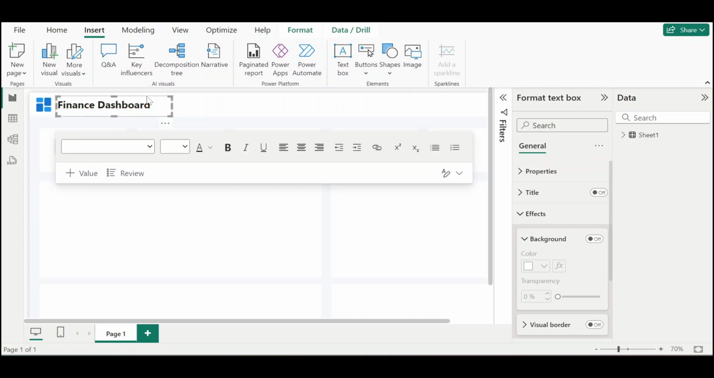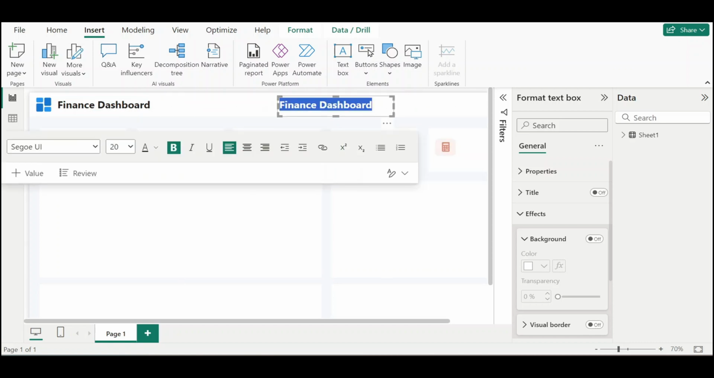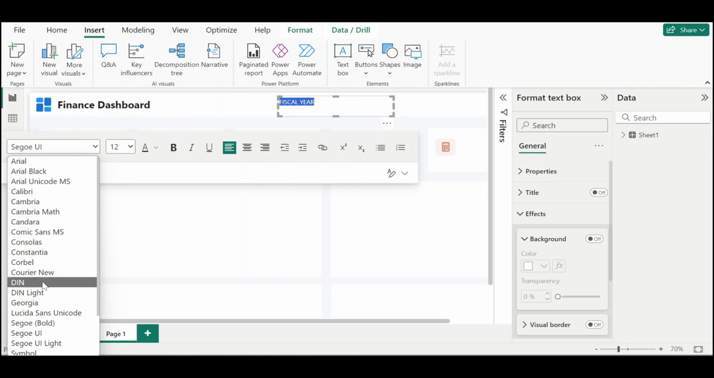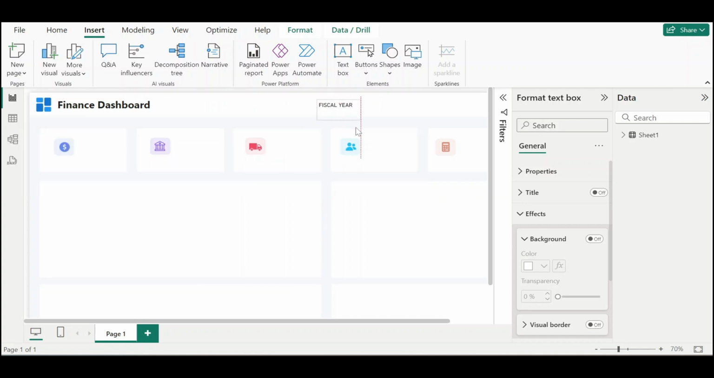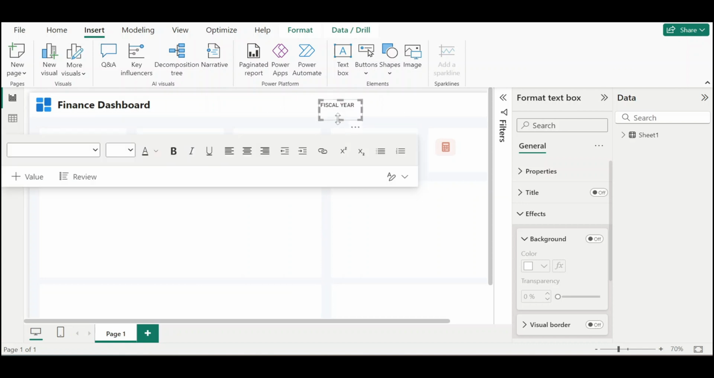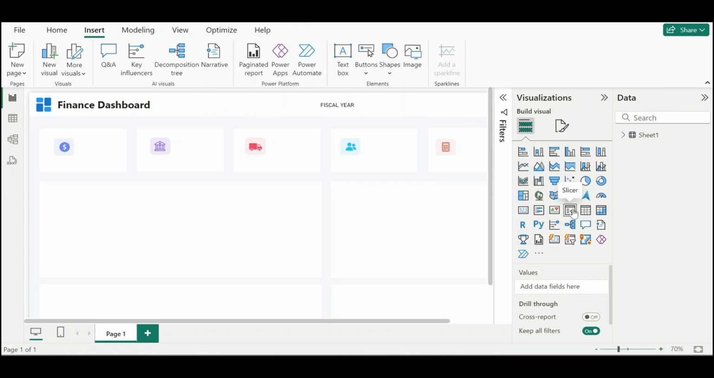Okay, so copy the same text box, bring it here. And this one is for the fiscal year slicer. So write fiscal year, change the font size to 12, turn this off, and the font is DIN. Okay, just reposition this. And for the slicer of the fiscal year, we will select slicer from here